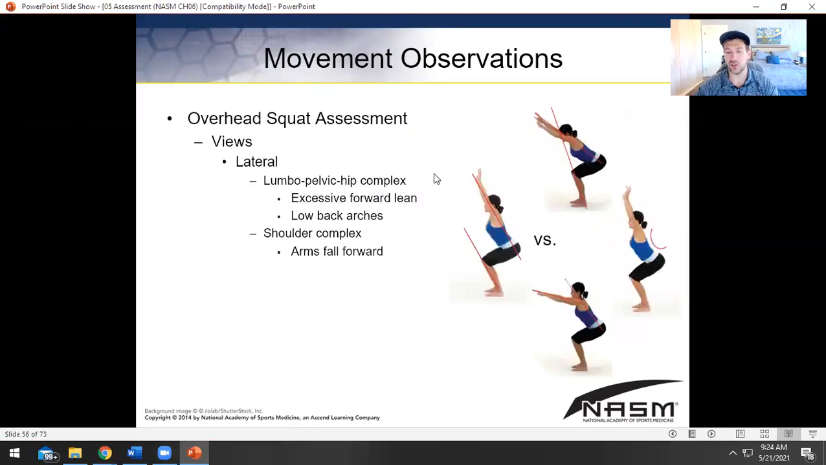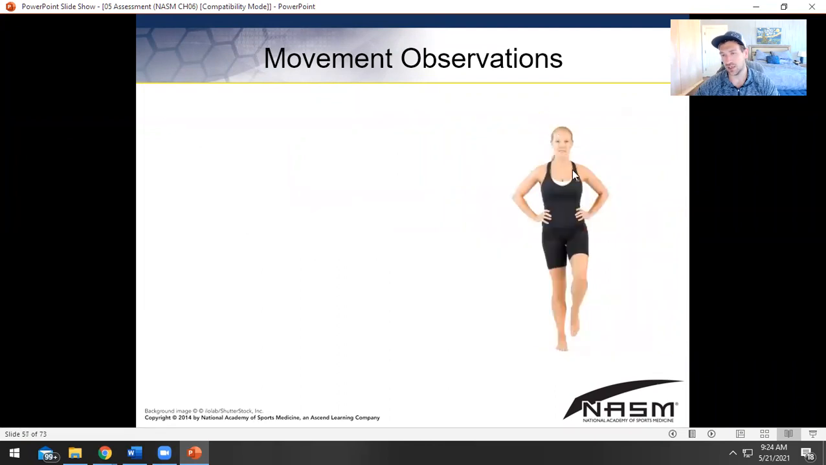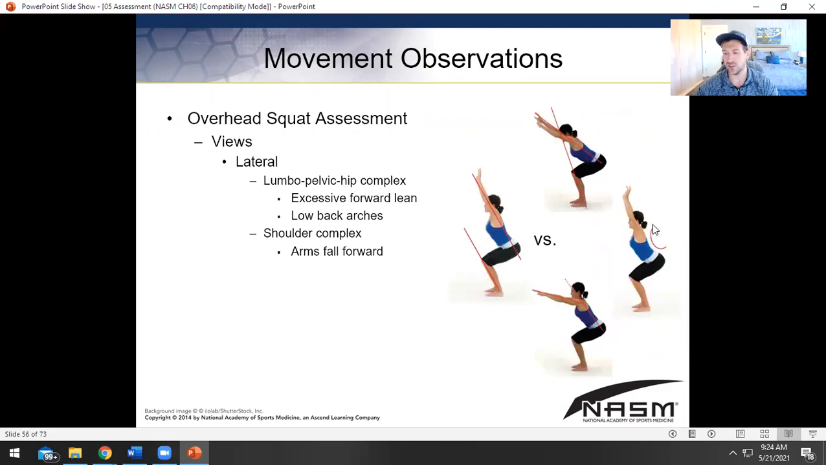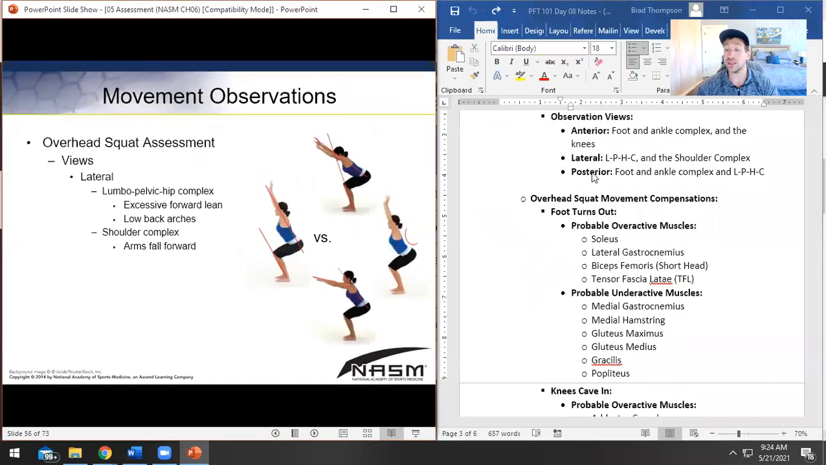Then you're going to look from the lateral view and ask yourself, does your client excessively lean forward, like we're seeing here, or do they have an excessive low back arch? One of the ways that I like to spot a low back arch is I just reverse this idea. If these lines cross up here, that indicates an excessive lean, and during an excessive low back arch, you'll sometimes see the exact opposite, an inadequate forward lean. And then we also see, do the arms fall forward? Are they staying in line with the body, or do they drop, right? So we've got three things to look for